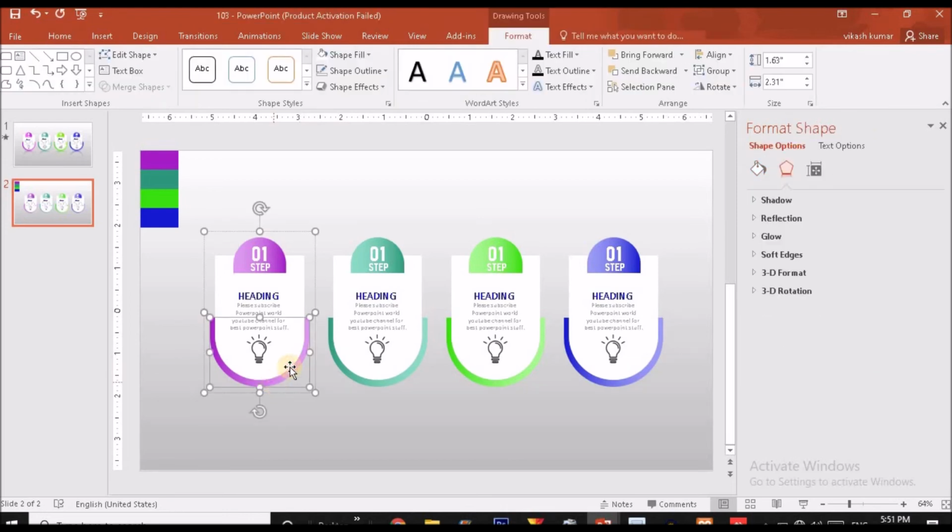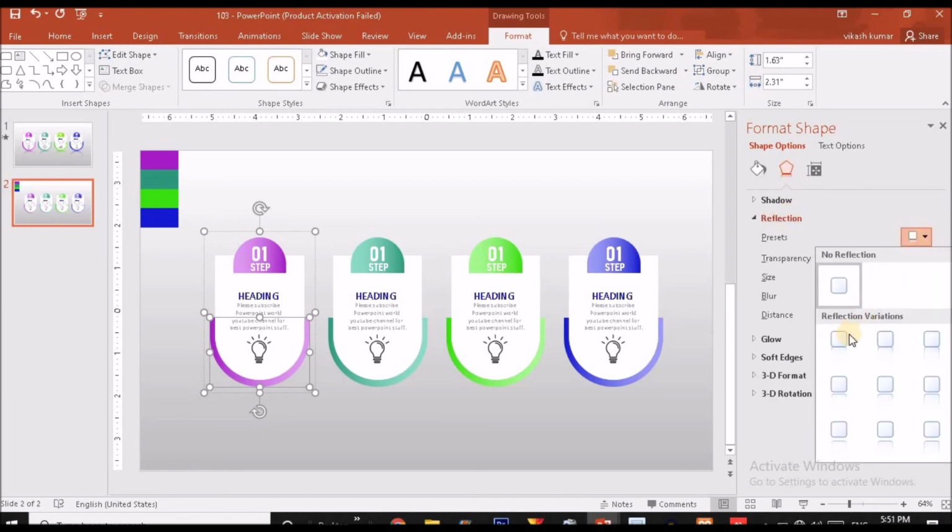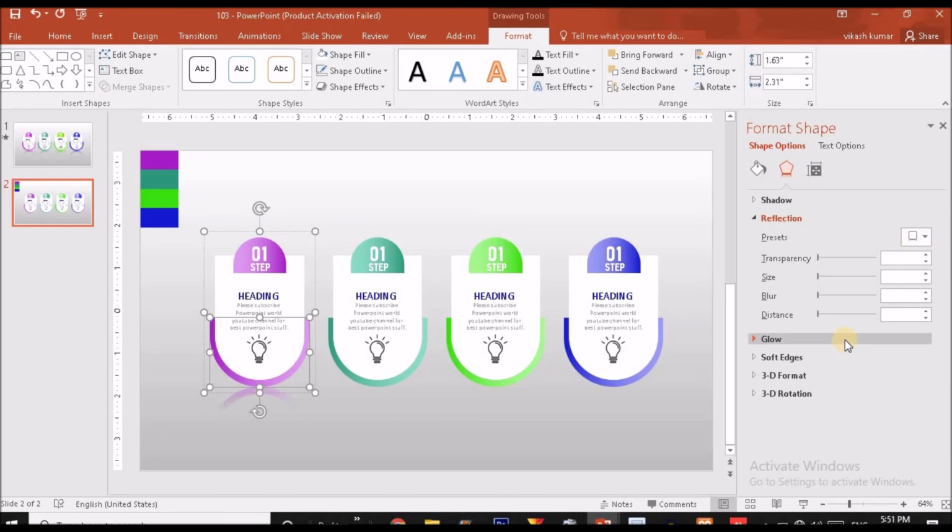I will select this part and click on effect option. Under effect option you will find a reflection option over here, so click on that. Click on preset options and you will find the first option, tight reflection touching, so click on that and you will find a reflection over here. So do these things with all the rest of the shapes, but before doing that I'm going to slightly make some changes in this reflection part.